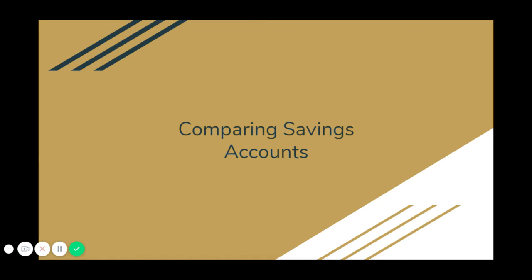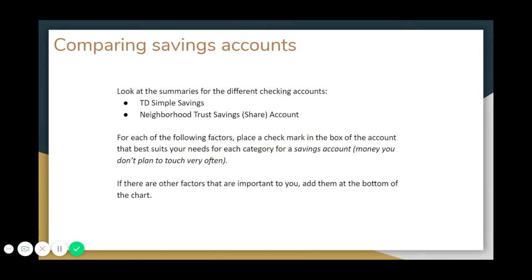Now we're going to do the same thing, except with savings accounts. The summary for both the TD Bank Simple Savings Account and the Neighborhood Trust Credit Union Savings Share Account are in your financial management binder, or you can go to the computer lab, download the worksheets from Google Classroom, and print them out. You'll see that a number of the factors here to consider are very similar to the ones for the checking accounts, but